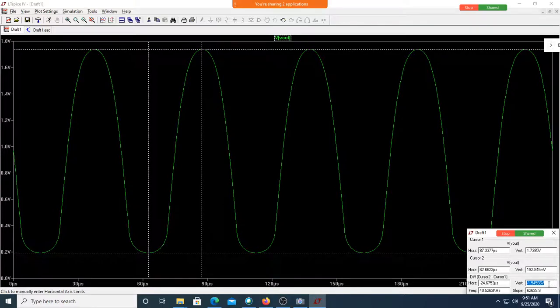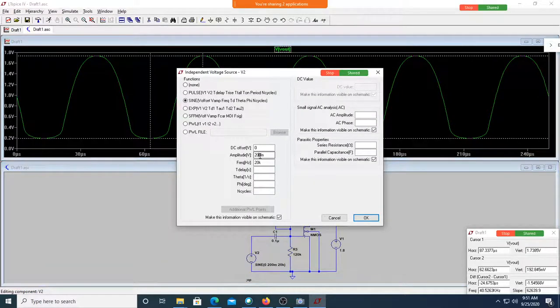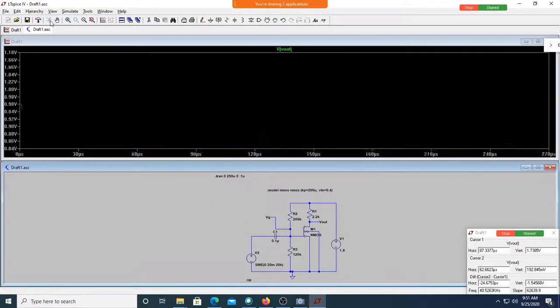Is the gain changed? Can you see the shape of the waveform? It is no more a sine wave. Yes, sir. This is very, very interesting. We need to find out why the shape of the waveform keeps changing as I increase the amplitude. If I again reduce the amplitude to 20, you can see the output waveform is a pure sine wave, and even the gain is verified.